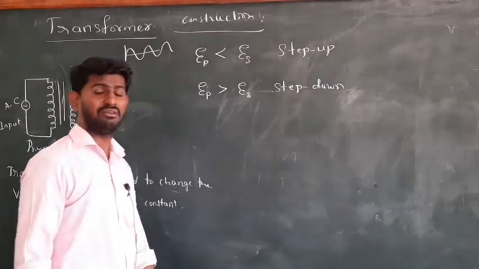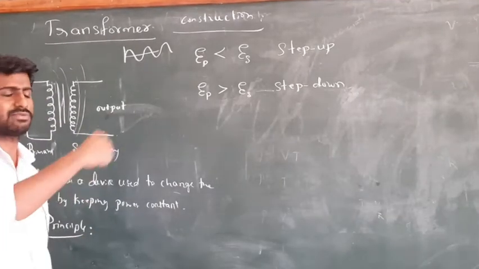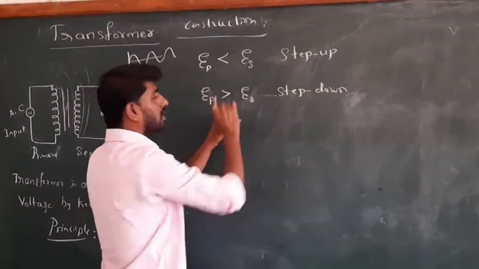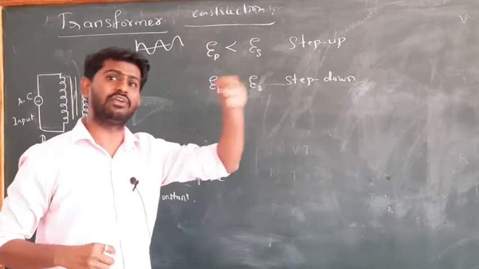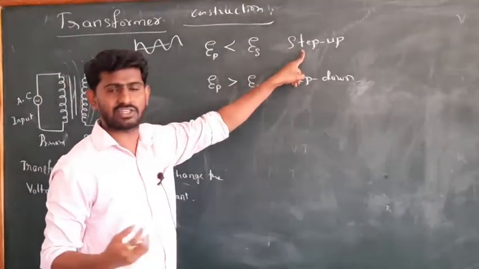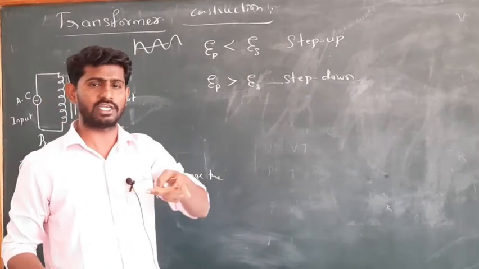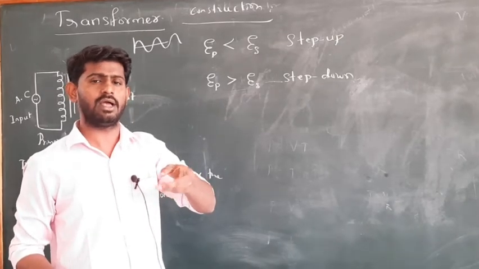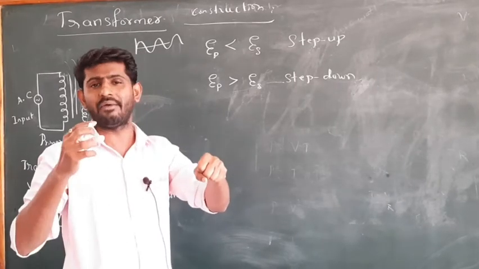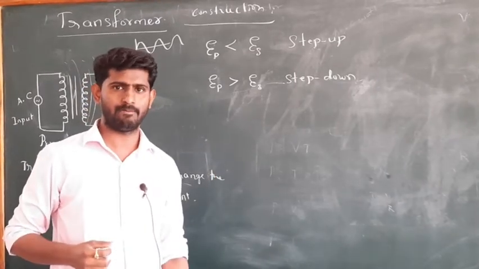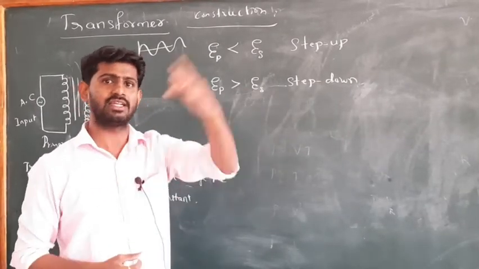Already I explained to you the need of changing the voltage, because of the transformation. If you want to transfer the voltage from the point of generation to the utilization, you need to step it up. So I have generated the electric power as 1000 volt. I can send it as 10 into 10, power 10, voltage 10. I can turn it into 100 into 10, 100 voltage, 10 current. I can also send it as 1000 voltage and 1 ampere, which is better. And as I explained, 1000 voltage, 1 ampere is better. So it means I have to increase the voltage there.